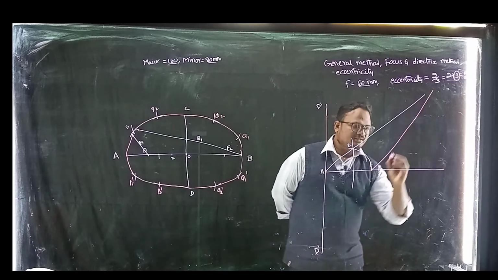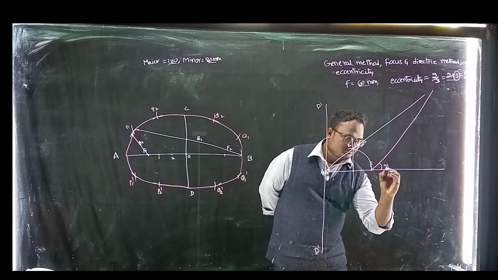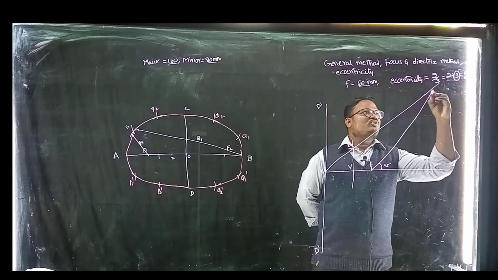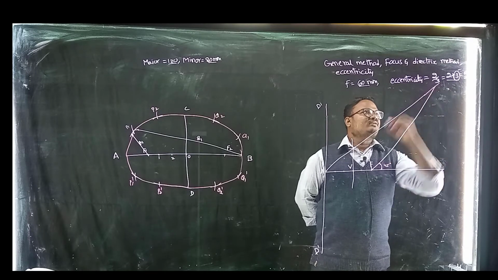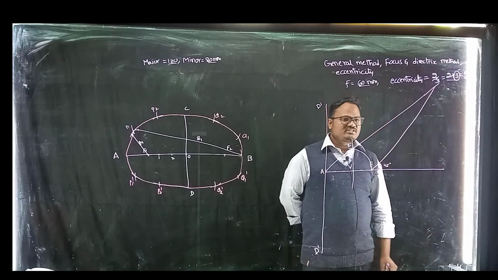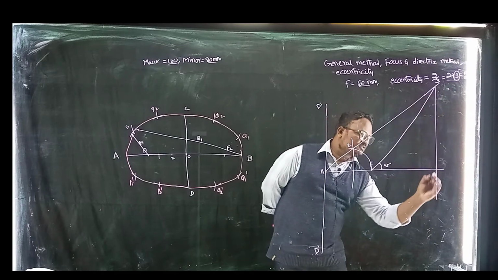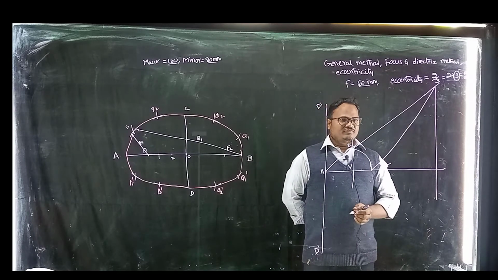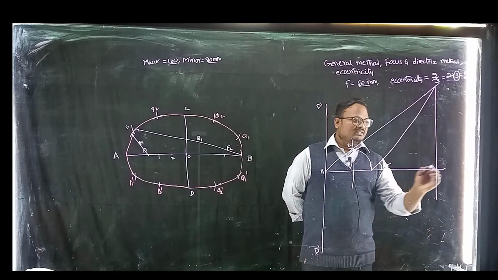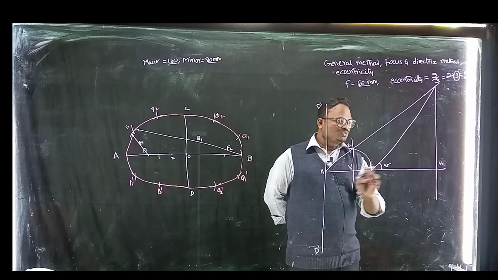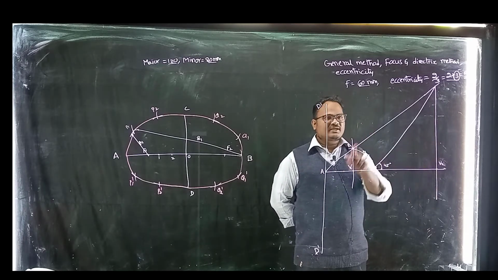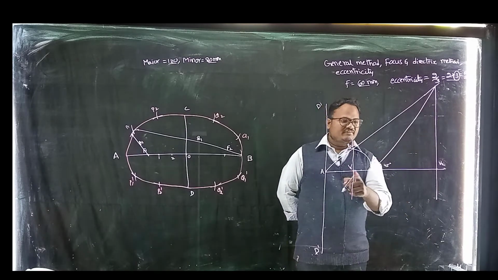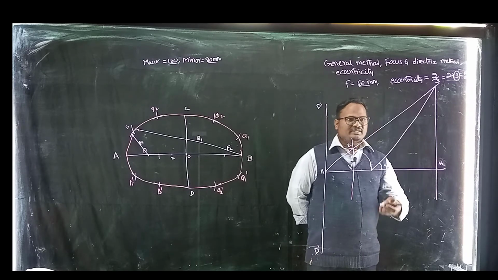Now from F, with an angle of inclination of 45 degrees, draw one more inclined line. These two lines coincide somewhere. Wherever these two lines coincide, just project downwards. That is the other vertex end point, V1, V2. In between these two distances only, the elliptical curve is going to be inserted.